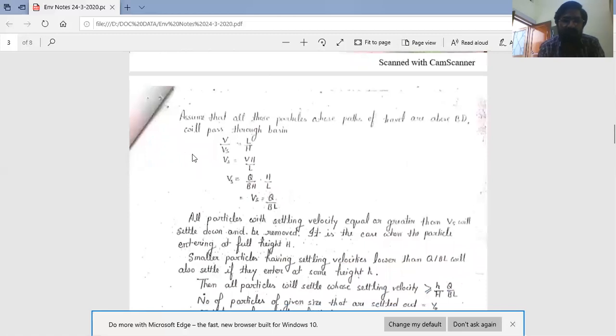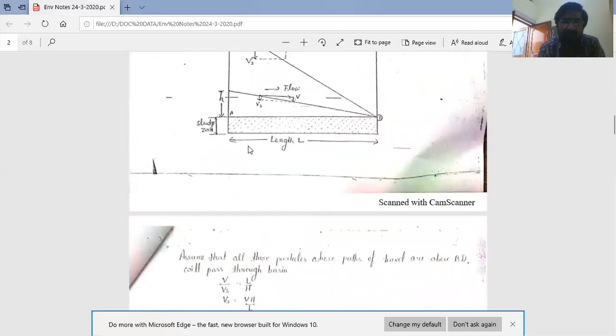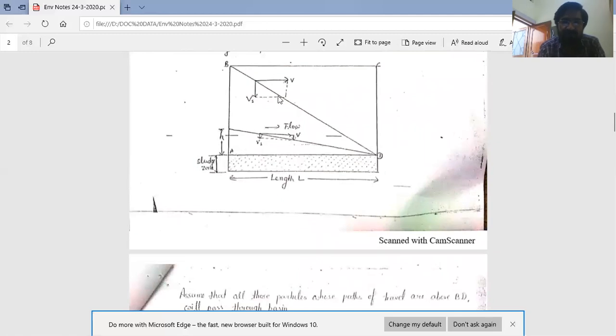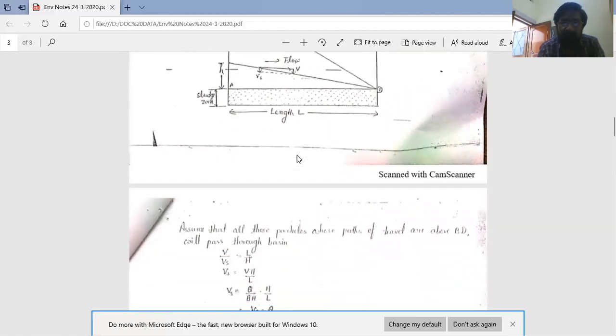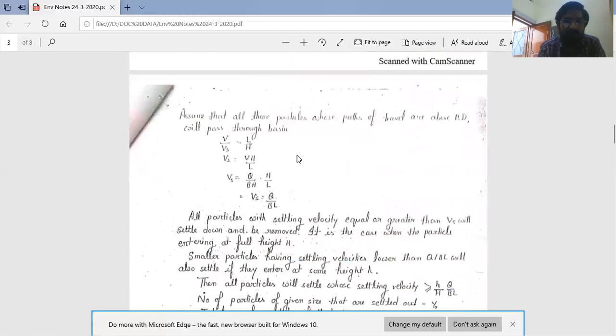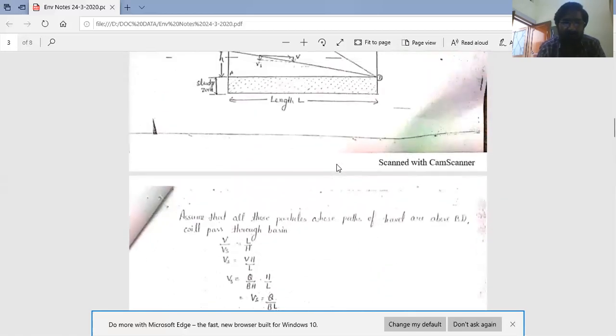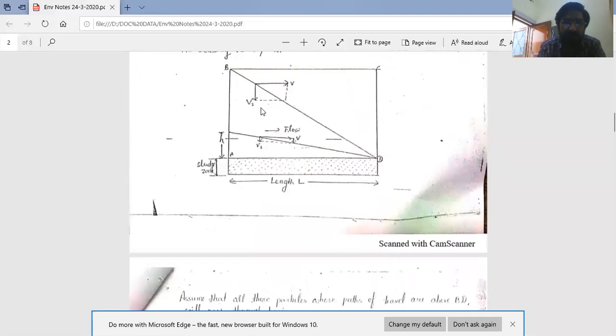From the geometry of the rectangle, assume that all those particles have a path of travel above the diagonal BD. All particles present above BD will pass through the basin. So, with the geometry of the tank, V upon Vs is equal to